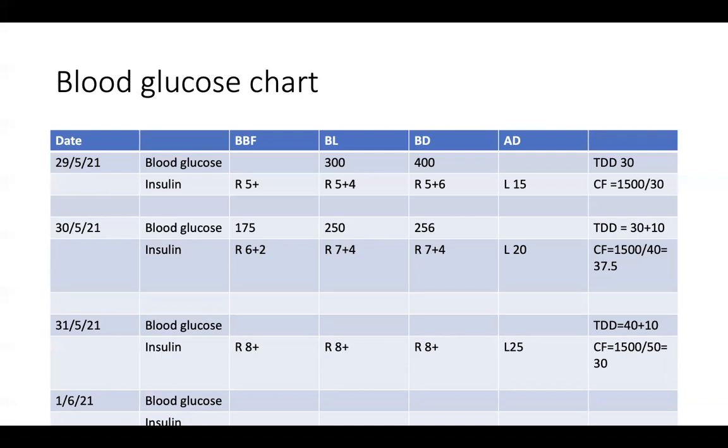Therefore, you understand how important it is to maintain this chart and to document what was the planned insulin and what was the correctional bolus given, and only then can you go on to the next dose. Currently, the problem that is occurring is that quite often these are missed because of the chaos. So you must ensure that these are delivered, communicate to the sister what the dose to be given is, make sure that she has delivered the insulin, and record that. And furthermore, insulin must be given 30 minutes prior to the meal. Only then will the peak of insulin match the peak of food and you will get the proper effect.